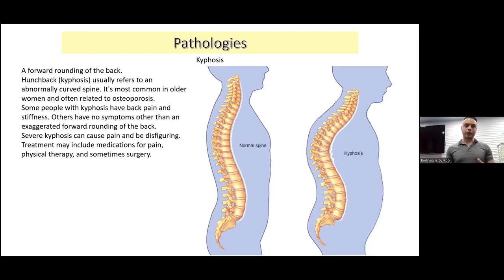Now, in all cases, our goal is to make our client comfortable. And that would include that if my client is lying face up or supine, I would prop up the upper back, neck, shoulders and keep them comfortable. If they're laying face down, I may want to cushion the chest and shoulders as well. Then, of course, on a more corrective side, if this is caused because of tight muscles and just your general posture being off, then we can try to release the tight muscles in the anterior upper body, as well as